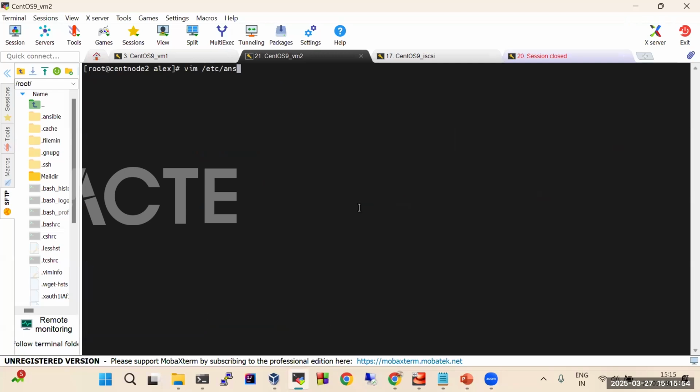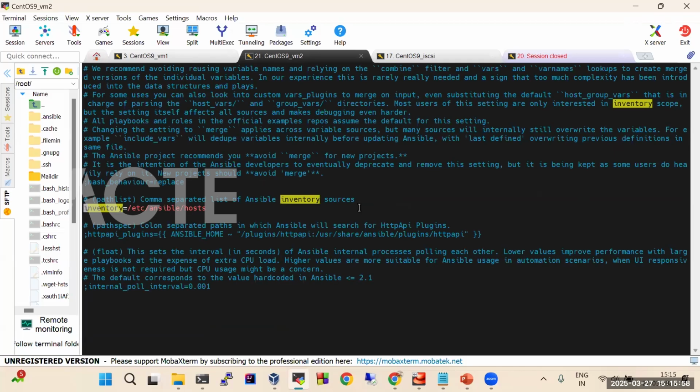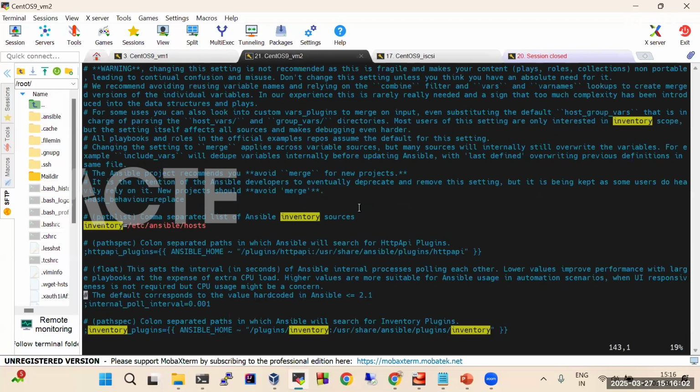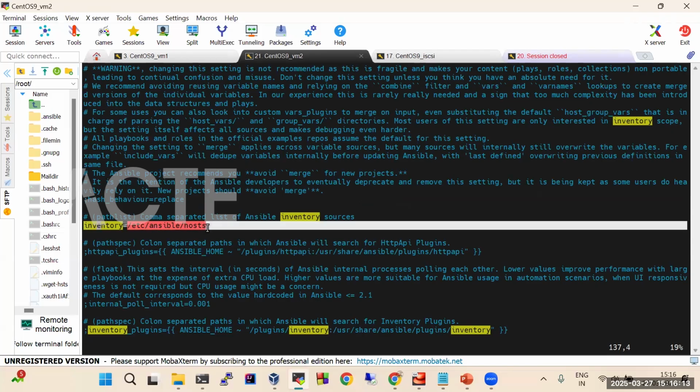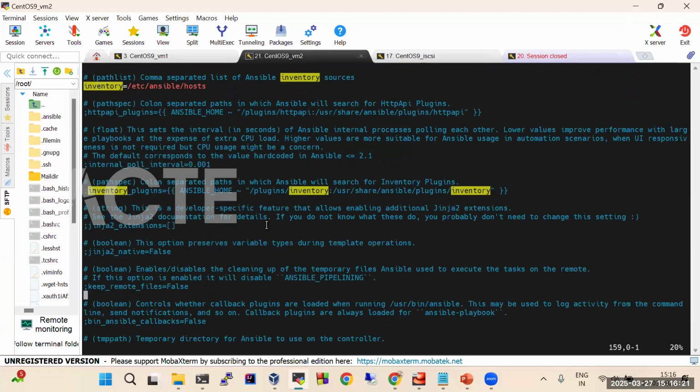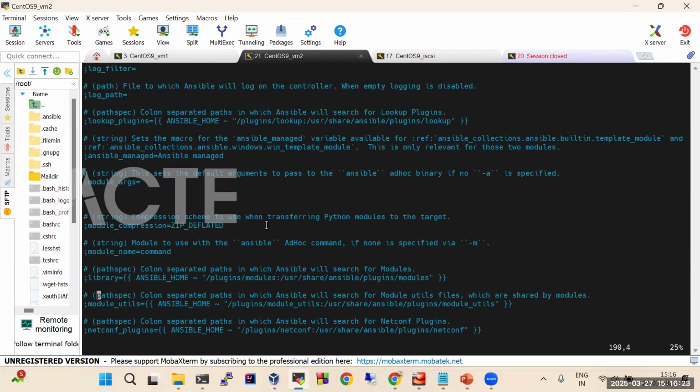Ansible configuration file. It's present under the /etc/ansible directory. If you see, there is a configuration called inventory, and the inventory variable is denoting a path. This is the path /etc/ansible/hosts, and this was previously commented out. I have uncommented it. That is one change we may have to do over here. The next one is